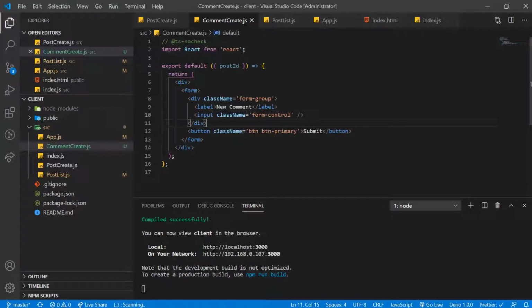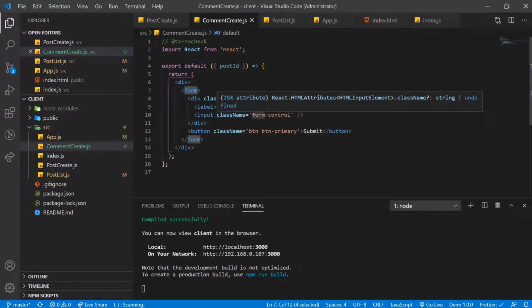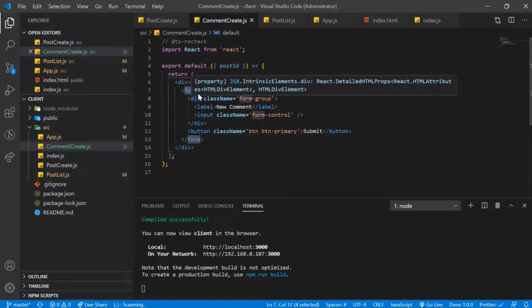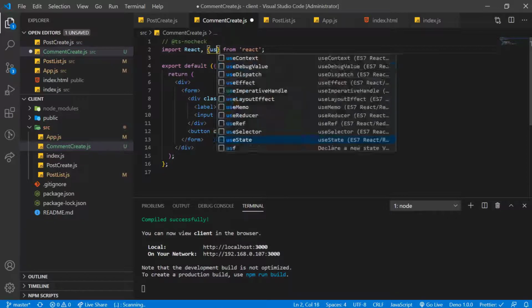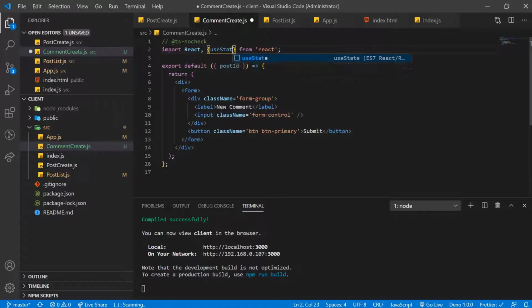Now we need to add event listeners on our input box and on our form to let the user enter new values and to submit the form respectively. And on submission, we need to make a call to our comments microservice. So firstly, let's import useState.